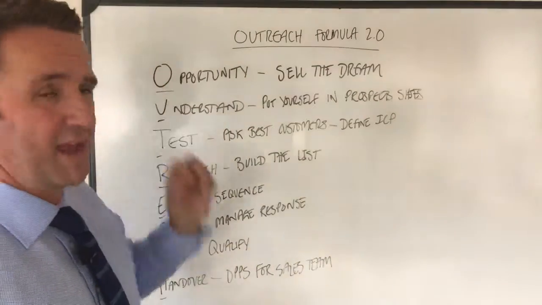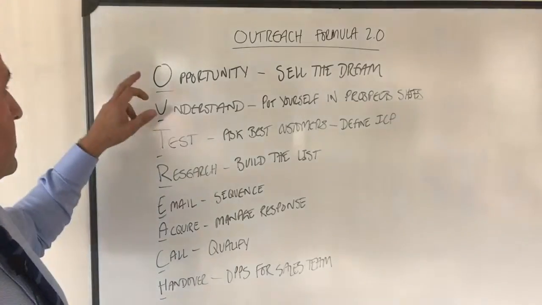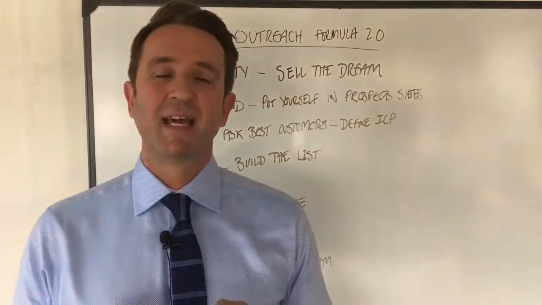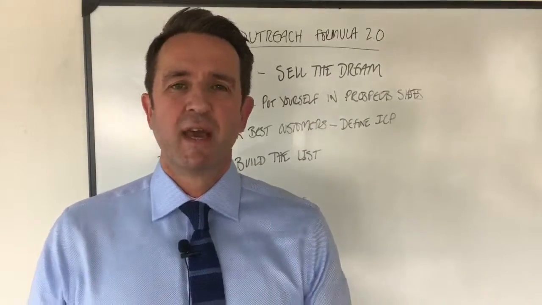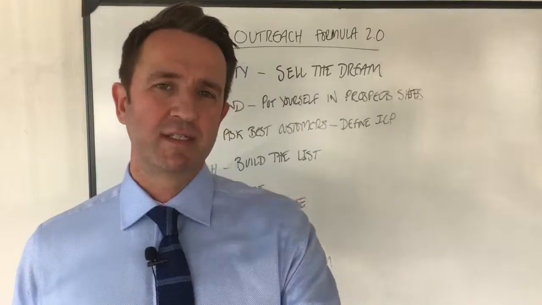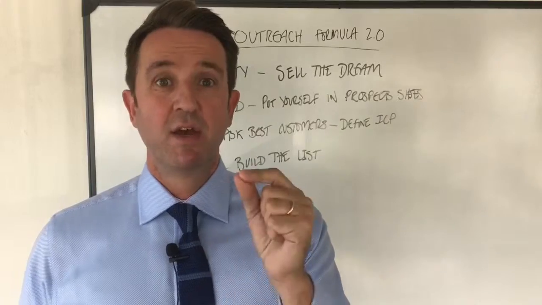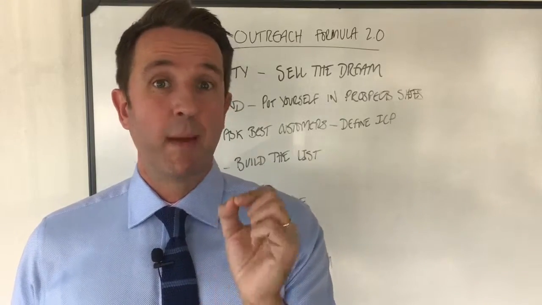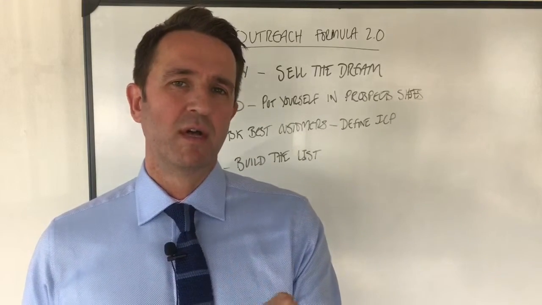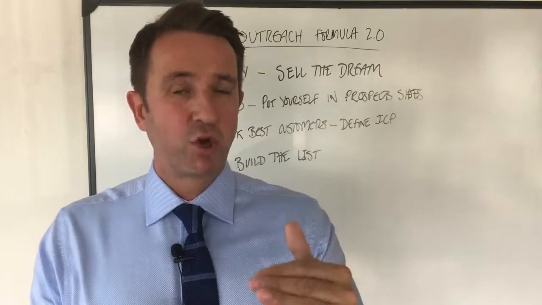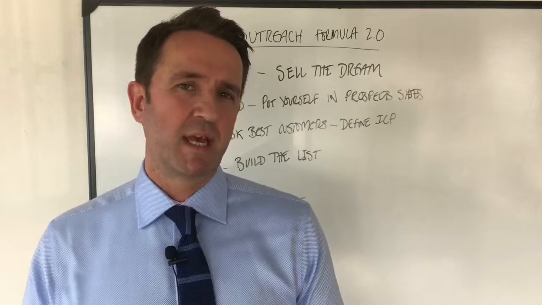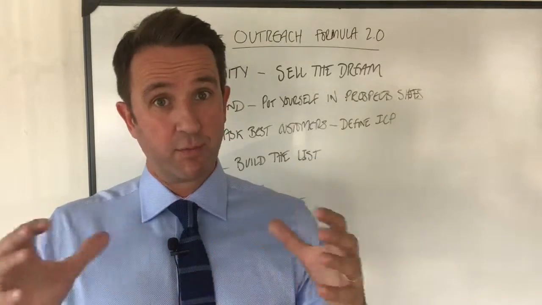So first of all, the outreach formula, an acronym. O is for opportunity, selling the dream. This is really how do you define your proposition? How do we make it really short, concise, and to the point that really hits your client's sales points and their pain points of what they're looking for to make sure you get some response and you get some engagement. This is really the top level explanation of each part of these steps. There's a lot more detail. This gives you a brief overview.